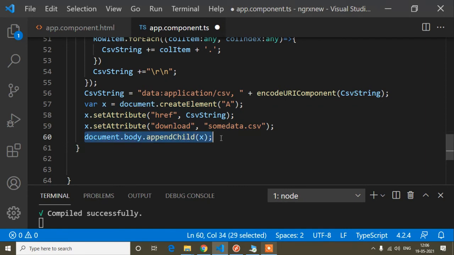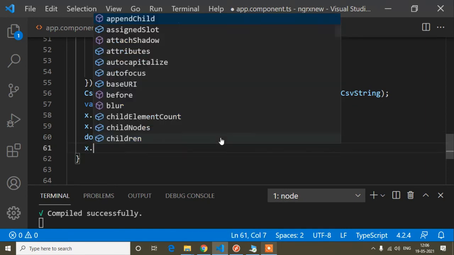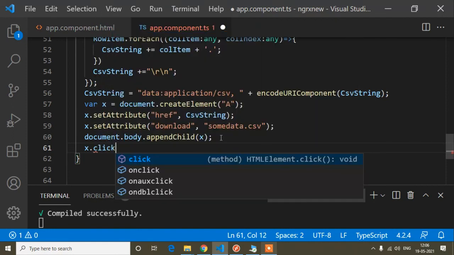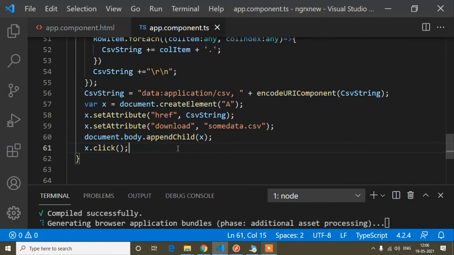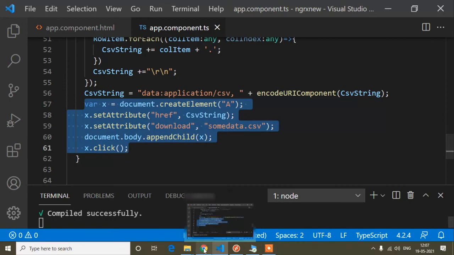Then I will write x.click(), so this anchor tag will be clicked automatically. Everything I have created dynamically. I already saved, and now if I click this download button, you can see it's downloaded.